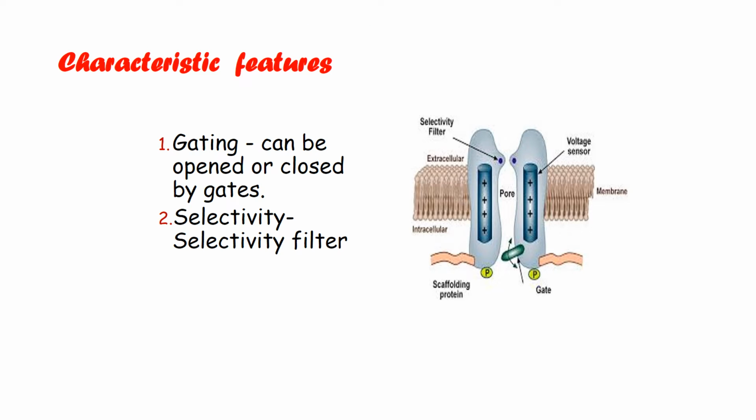Now these ion channels also have names. We call them by the name of sodium channel or potassium channel. What determines the specificity of that channel? Why is it that only sodium is passing through the sodium channel or potassium is passing through the potassium channel? It is because of two important properties. One is gating of the channel, and second is the selectivity filter, which determines which channel will allow which of the ions or cations to pass.